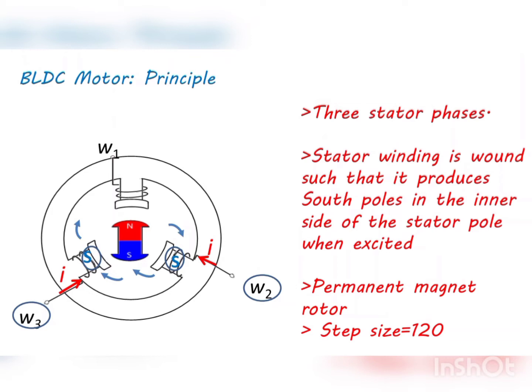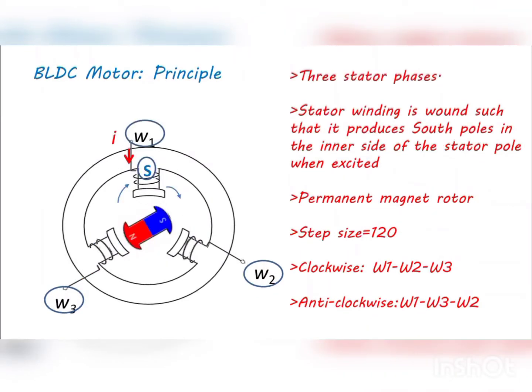Each excitation of a winding causes a 120 degree rotation, called the step size, as in a stepper motor. Now, when winding W1 is excited again, the rotor completes its full revolution of 360 degrees. This way, continuous clockwise rotation can be obtained by exciting the windings sequentially. To rotate in the anticlockwise direction, the sequence of excitation needs to be reversed. For example, after excitation of winding W1, winding W3 must be excited, and finally winding W2 is excited to complete one full